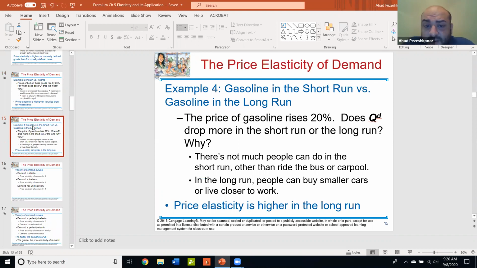Price elasticity of demand. One more example: gasoline in the short run versus gasoline in the long run. The price of gasoline, if it rises by 20%, what happens? Does the quantity demanded drop more in the short run or in the long run? Now, price is always more elastic and responsive in the long run, because in the long run you have time to